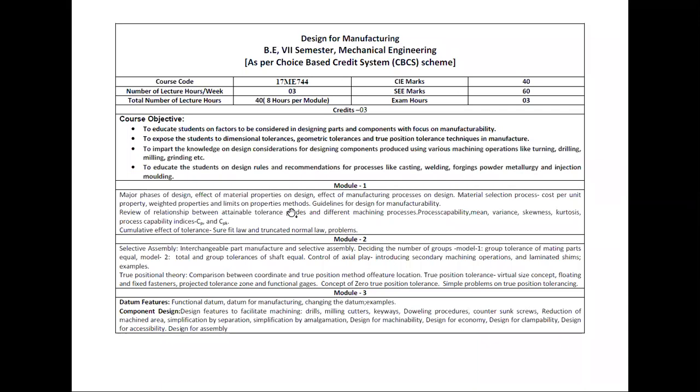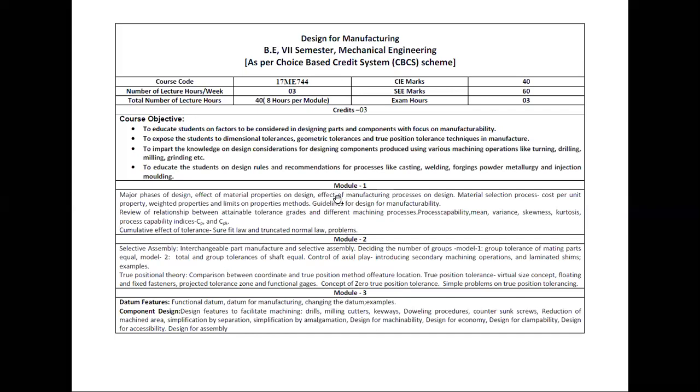Each person has his own process, but there are already people who have worked on this, or R&D has been done, and they came up with recommendations. Those recommended processes need to be applied in casting, welding, forging, and different processes like injection molding.